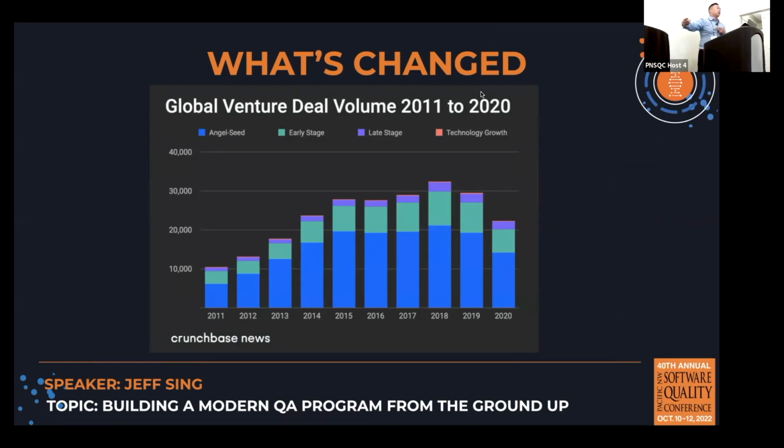They scale, right? Example, DoorDash, right? Started off in Stanford as a two-man operation, manning the phone, bringing food to Stanford students. And now everyone knows what DoorDash is. It's a global operation, right? But they scaled. And a lot of these small startups, when they started, don't have QA.